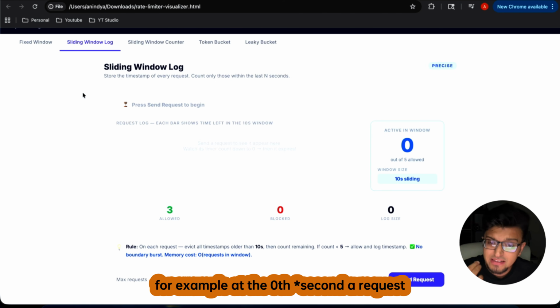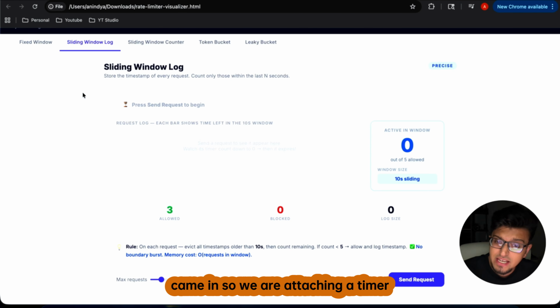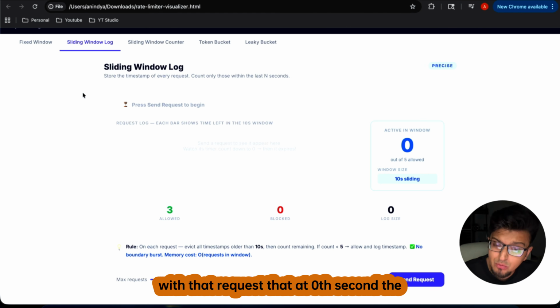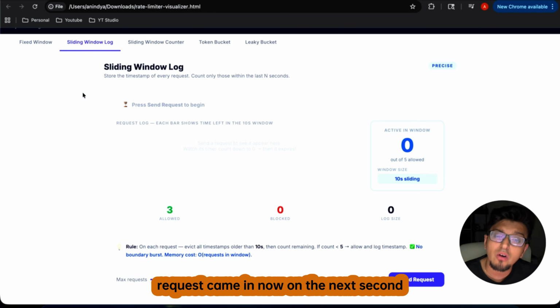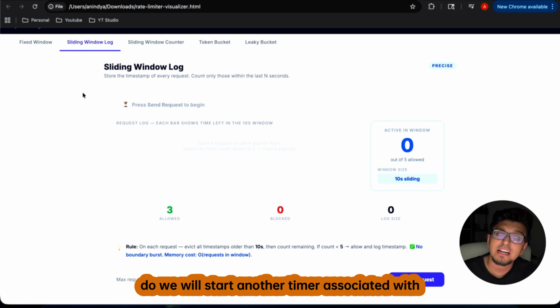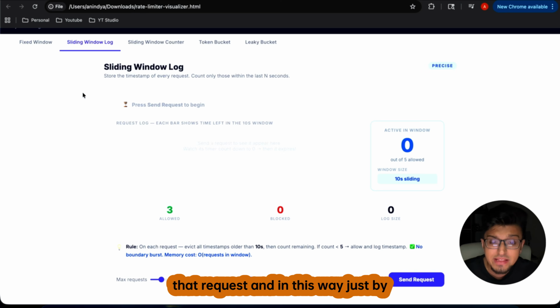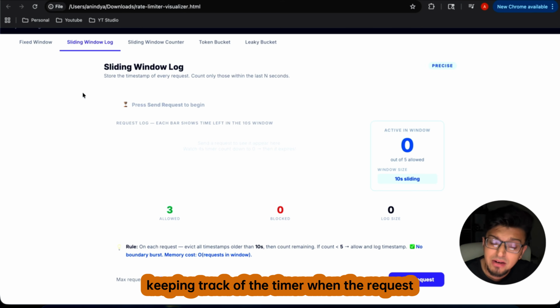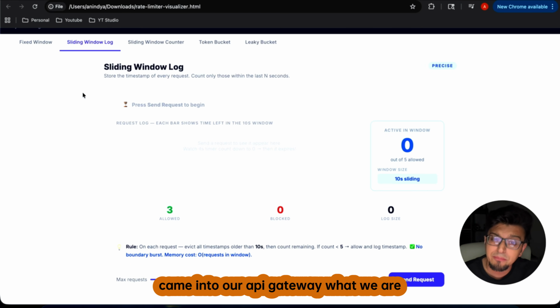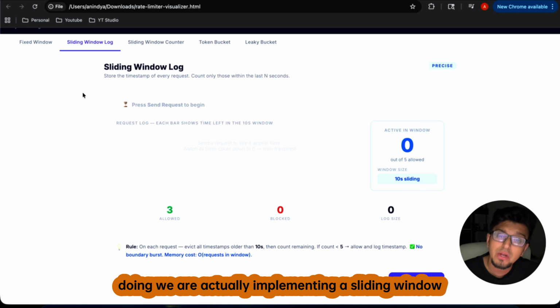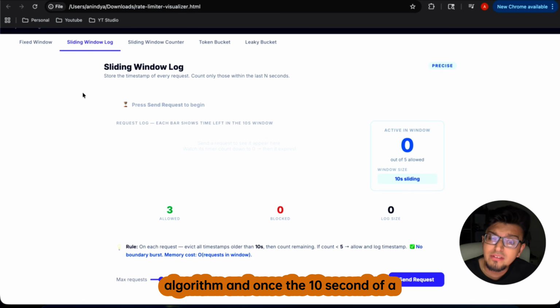Means, for example, at the 0th instance a request came in, so we are attaching a timer with that request, that at the 0th second the request came in. Now on the next second, if another request comes in, we will start another timer associated with that request. In this way, just by keeping track of the timer when the request came into our API gateway, we are actually implementing a sliding window algorithm,